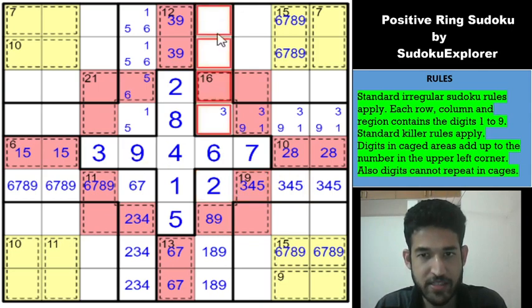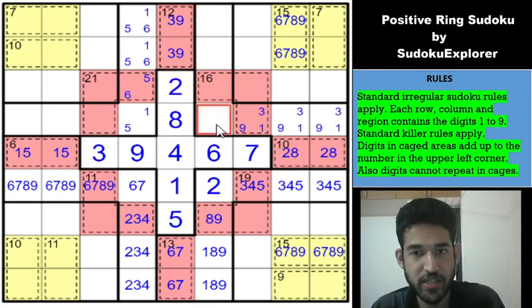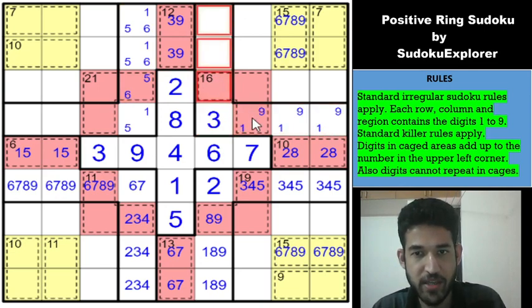So we can write these digits now: 2, 6, 1, 8 and 9, so this will be 3, 4, 5 and 7. But 3 cannot be inside these 3 cells because you have a 3 and 9 here, and this 3 by 3 box contains 1 to 9, so no 3 here. So there is only one cell for the 3, so this becomes 3,